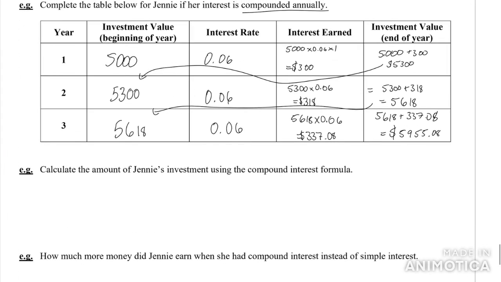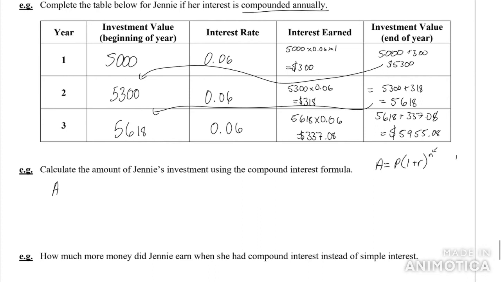All right, well, I don't want to make a table every time, so this example is calculate the amount of interest, or how much the amount is worth at the end of the year, but now we're going to use the formula A equals P, 1 plus R to the N. So one of the things you're going to need is on a calculator, you need a power symbol, because this is not always going to be 1 or 2, it's going to be a different number.